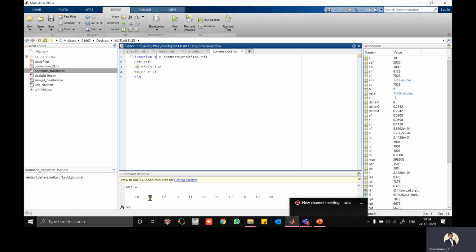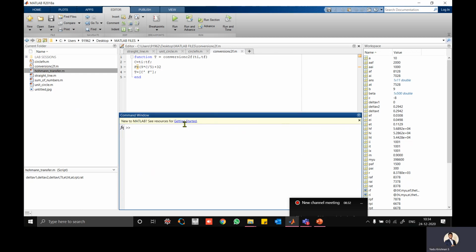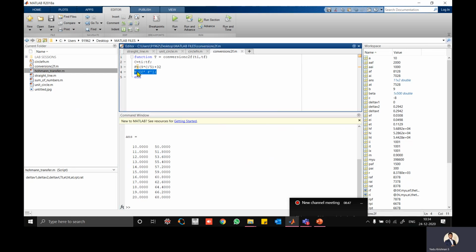So now I'll save this once again, and I'm going to call the function 10 to 20. See here, this is your temperature in degrees Celsius, and this is your temperature in Fahrenheit. Getting? So that's how we introduce another variable T. In that we stored the C dash and F dash. That is nothing but our column vectors. That T value I have called here as output.